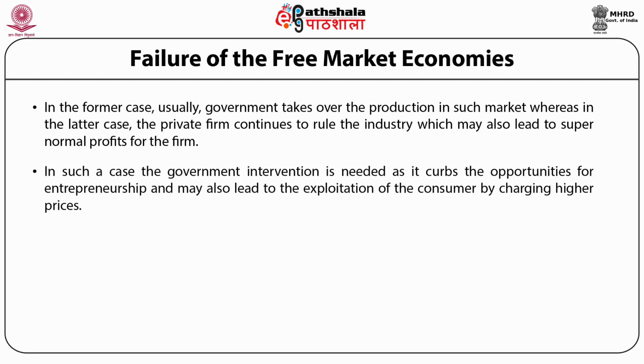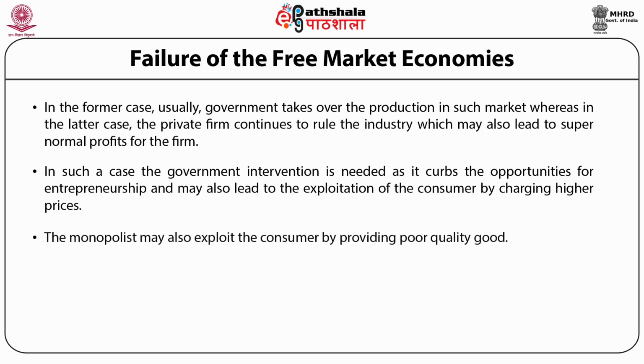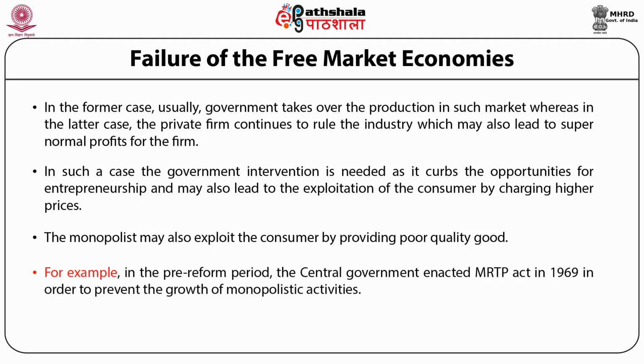In such a case, government intervention is needed as it curbs the opportunities for entrepreneurship and may also lead to the exploitation of the consumer by charging higher prices. The monopolist may also exploit the consumer by providing poor quality goods. Thus, this leads to a reduction in the consumer surplus and also creates hurdles in the competitive business environment, and hence it calls for government intervention. Government then frames laws to protect the interests of the consumers and producers. For example, in the pre-reform period, the central government enacted the MRTP Act in 1969